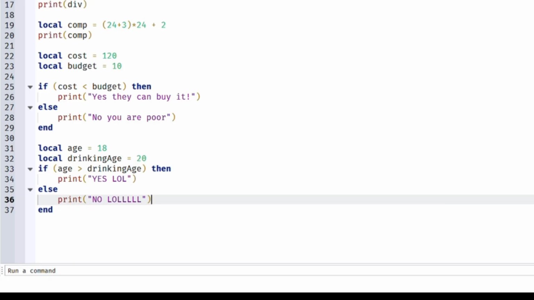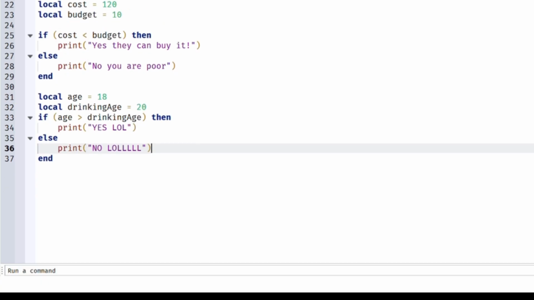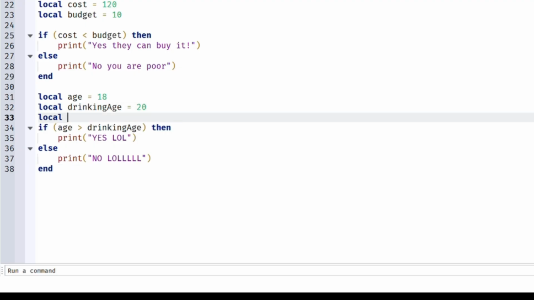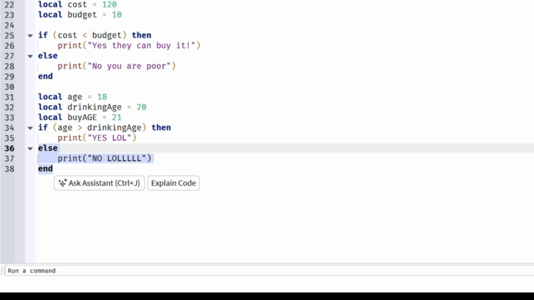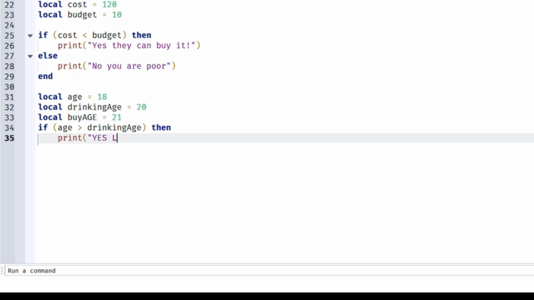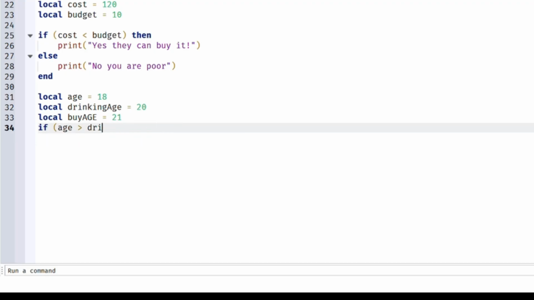Okay. And let's say you have multiple conditions. If you want to check multiple conditions, let's say the legal buying age is 21. Drinking age is 20, but if you want to legally buy alcohol, you want to be 21. So you want to check for all these conditions. So if you want to check for multiple conditions, what you want to do is, okay,